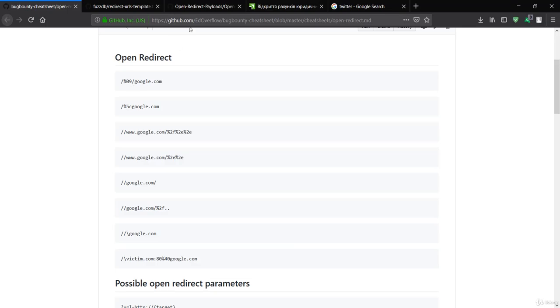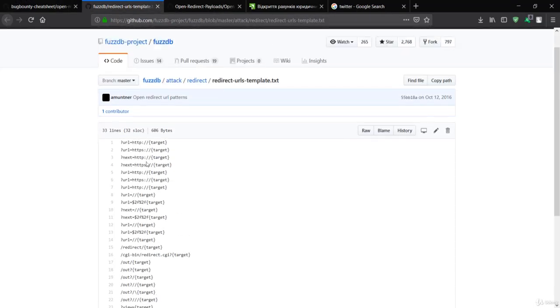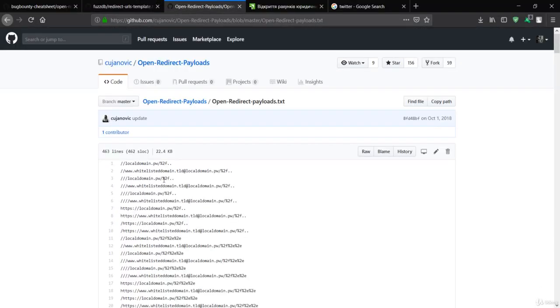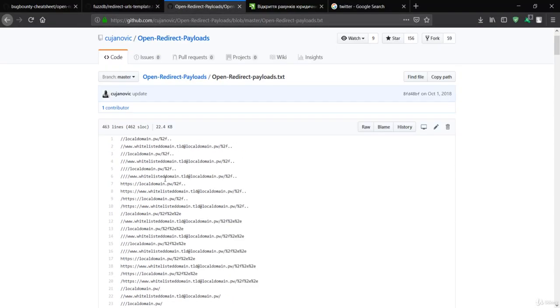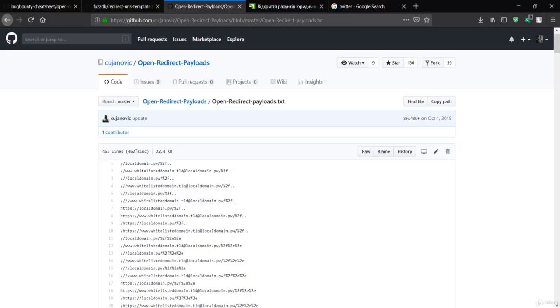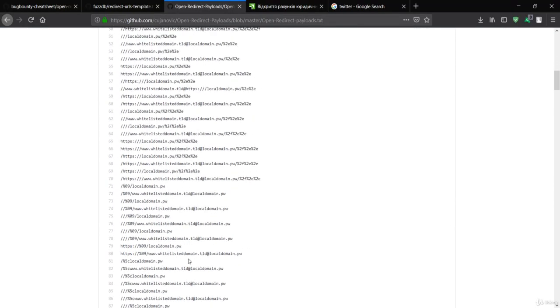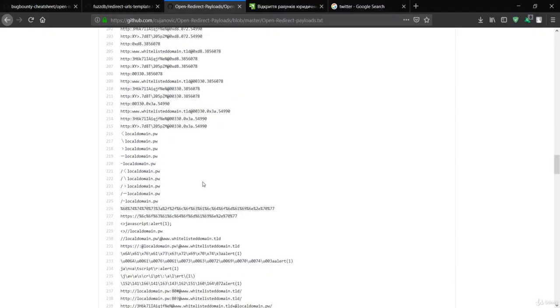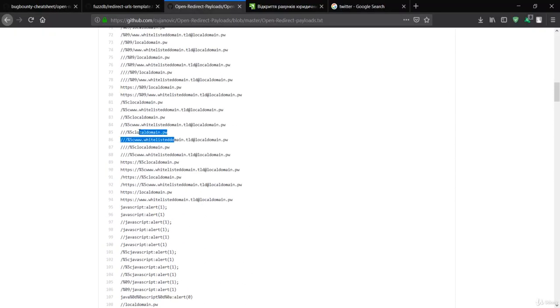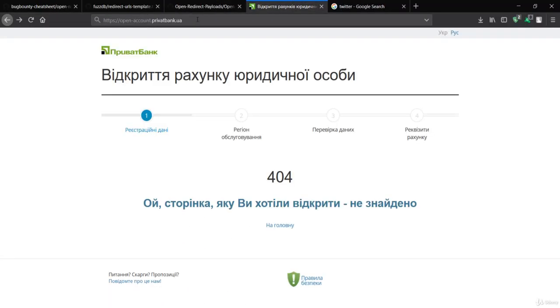This is okay if you want to inject one by one, but if you have a bunch of payloads like here, it is over here. You can see we have 462 lines, basically those payloads. So it is impossible to copy one by one and insert at the end of this link. Instead we can make use of Burp Suite to do that. We'll also stick to this website to test.